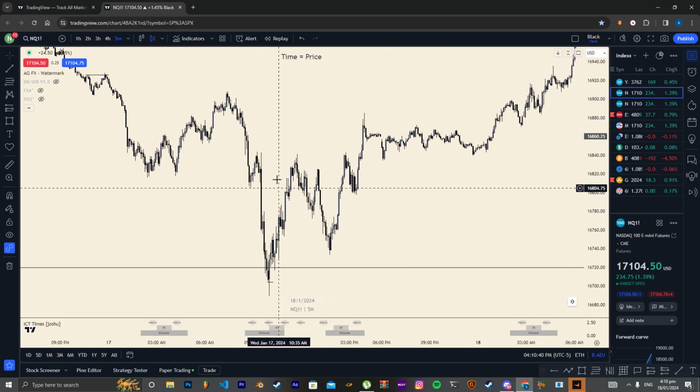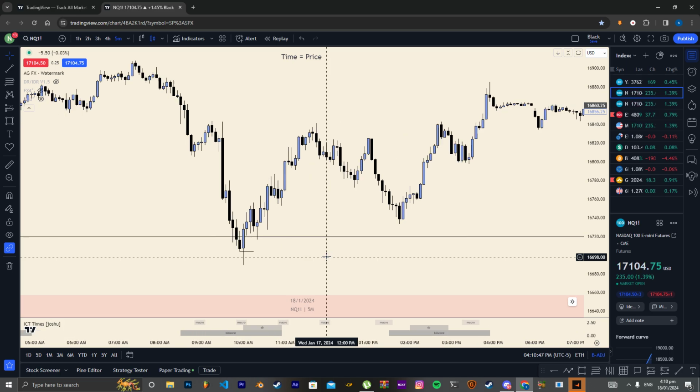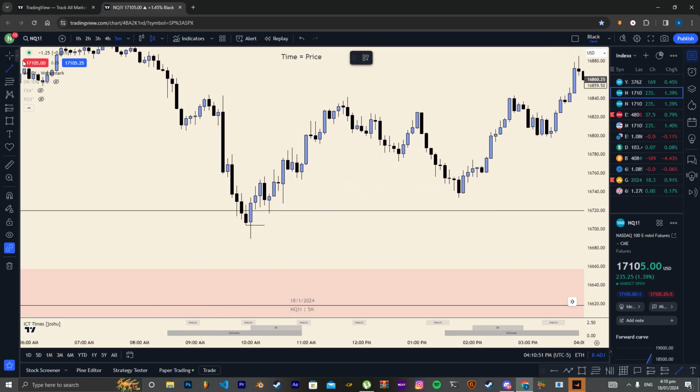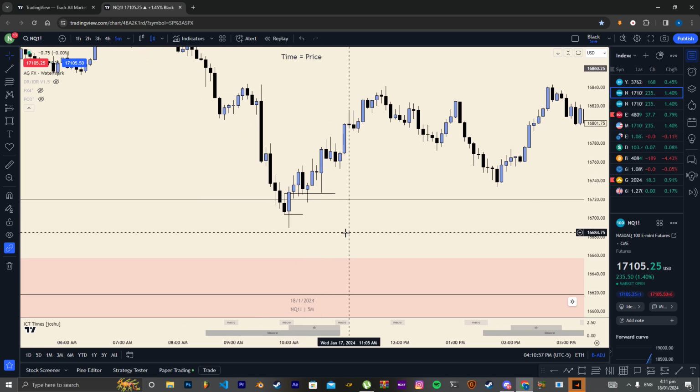So we're working inside of this dealing range. When this candle's low is made and the time switches to 10 a.m., we can assume that 10 a.m. is going to give us a reversal of some sort and then a change in the state of delivery, right? So you want to look for the candle that dug into the low. So this candle right here, once this candle closes above this candle, we get our change in the